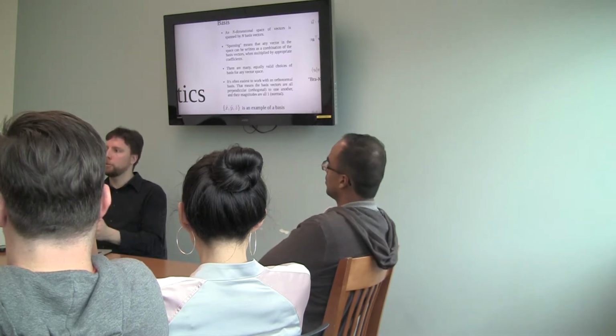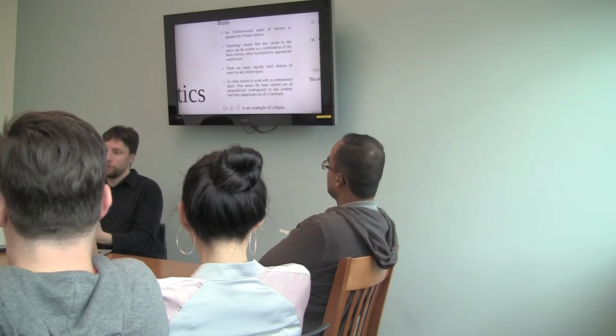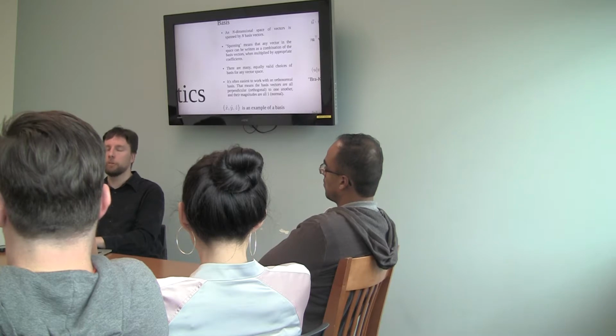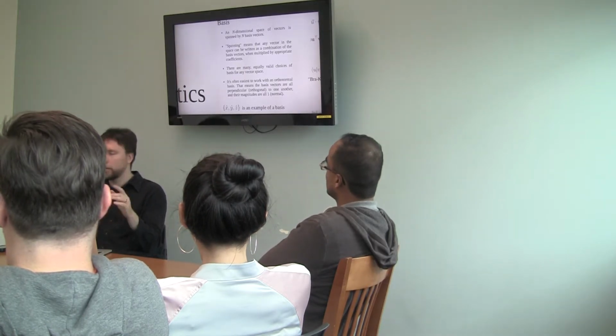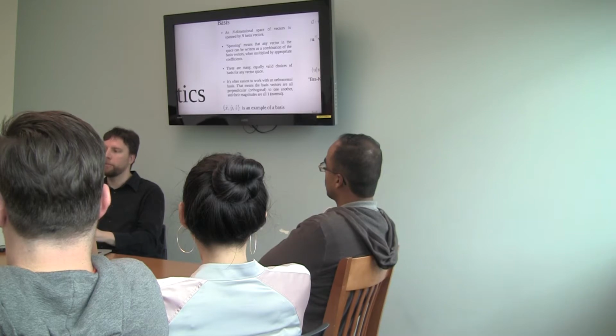So normally you want to choose the basis that works the easiest for whatever math you want to do. So you usually have a choice of which basis vectors you want to use. The only trick is they all have to be perpendicular or orthogonal to one another, usually. Well, it's easiest if they are. They actually don't have to be, but they have to be in some way independent of one another.